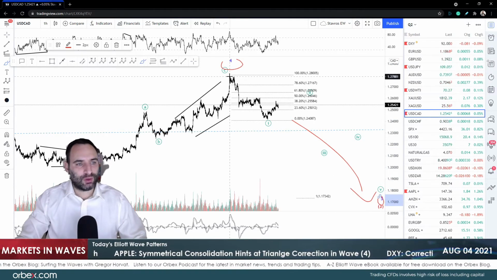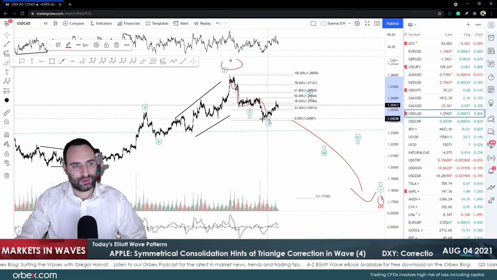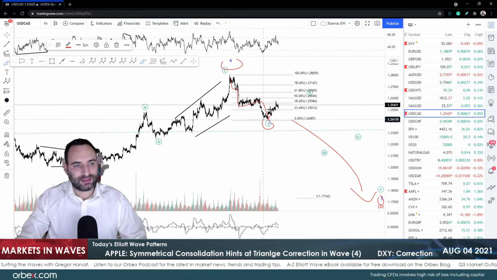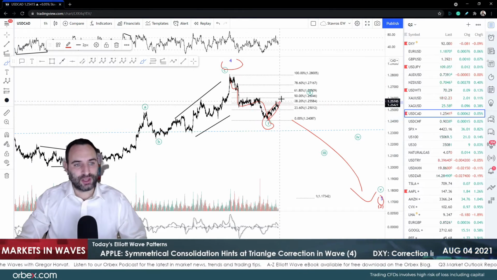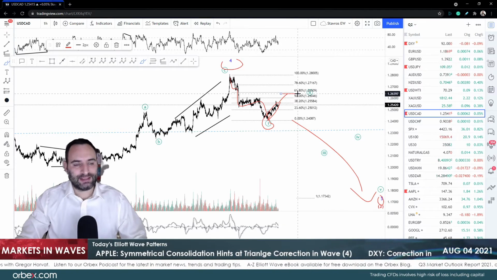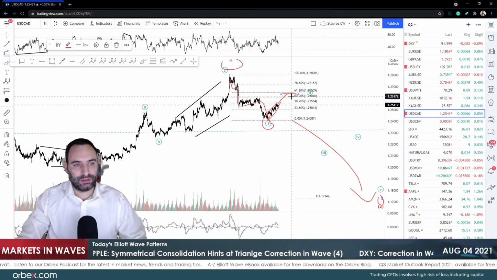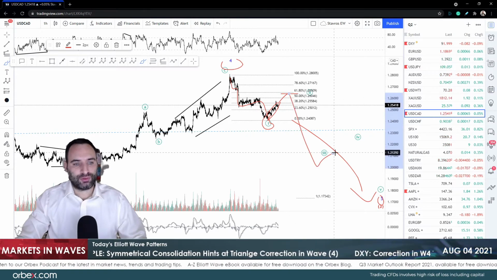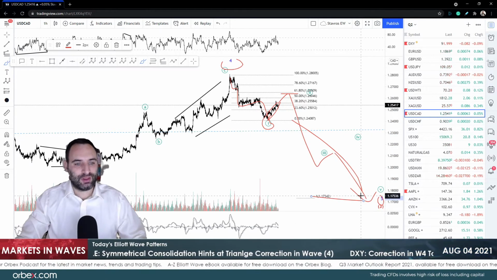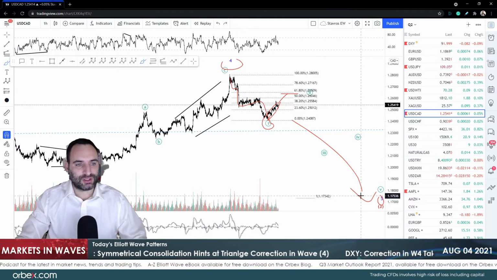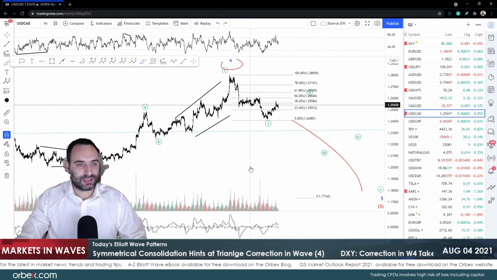So right here, what it looks like to me is that we'll have 1, 2, 3, 4, and 5 for wave 1. We are expecting a correction, and that looks corrective indeed. So we might get up to 61.8, which usually is a very good level for a wave 2 correction by Fibonacci, and then continue 3, 4, and 5 to at least 1734, which is a longer term Fibonacci extension.